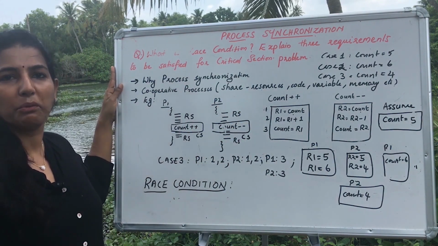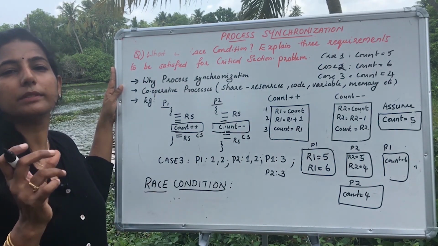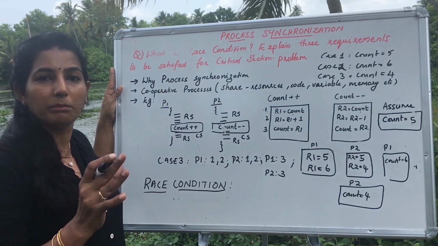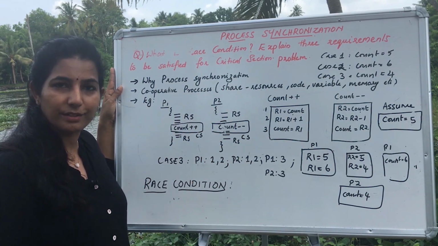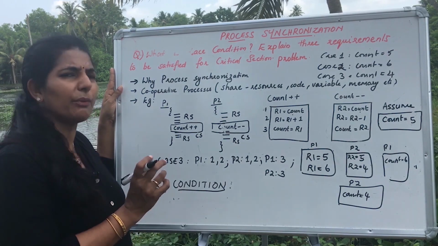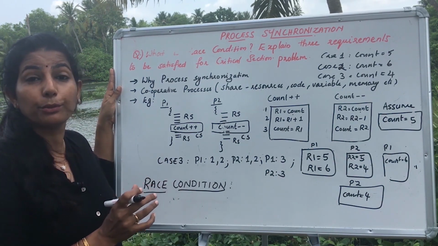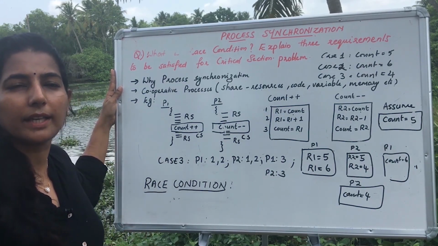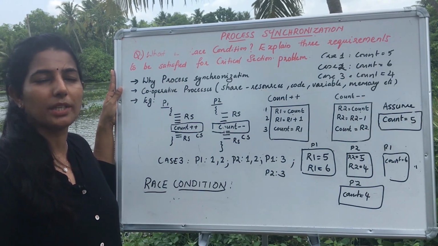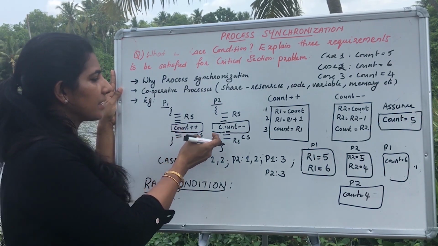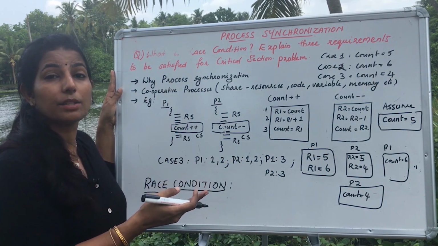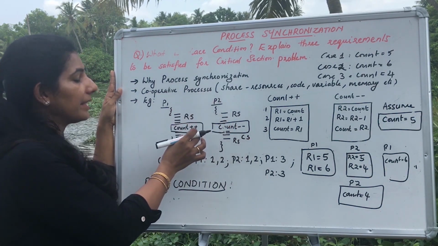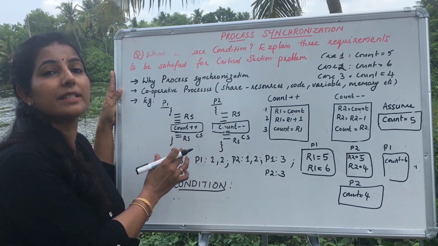Now, in order to overcome the race condition, what is the main thing required? When one process enters the critical section, make sure that no other process enters the critical section. This is a very compulsory point we have to note in our process synchronization. In order to maintain process synchronization, we have to avoid the race condition. That means we have to solve the critical section problem, and in the critical section problem our focus is to avoid any other process entering the critical section when some process is executing.